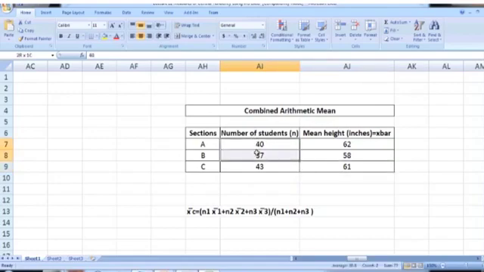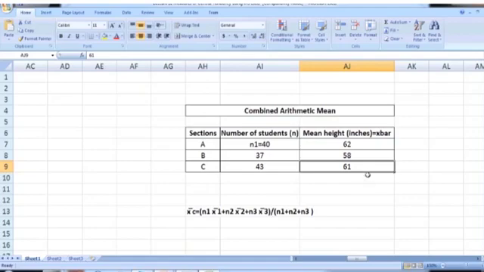Since we have only 3 sections here, this first one will be our n1, the next one will be n2 and this one will be n3. Similarly, since we have the mean height, this is x1 bar, the second one x2 bar, the third one x3 bar.